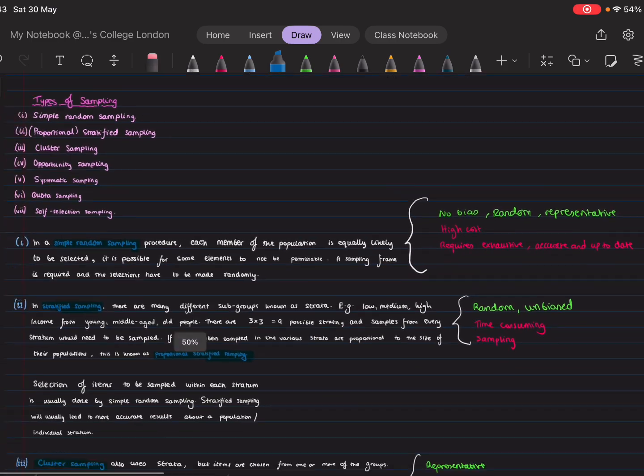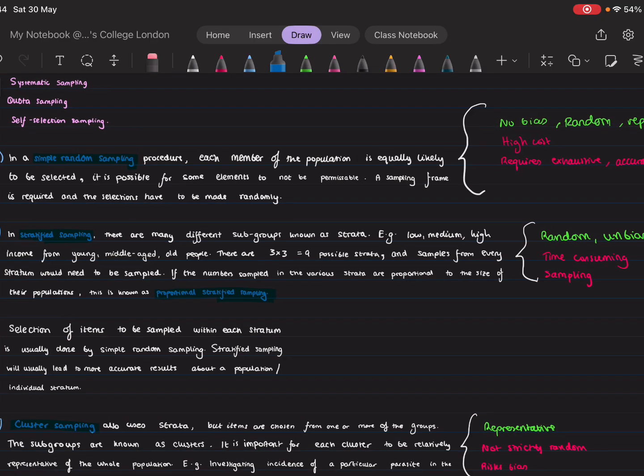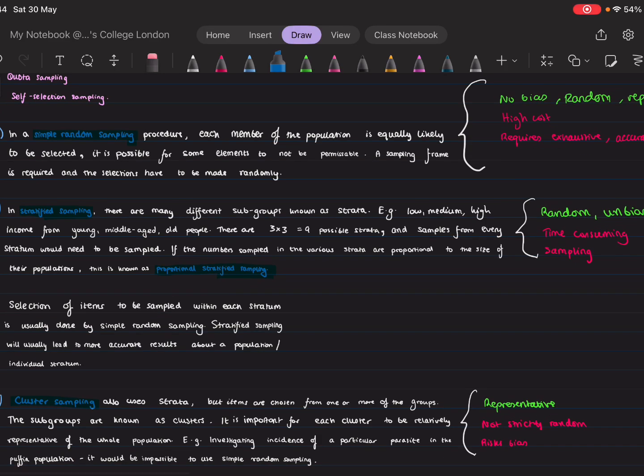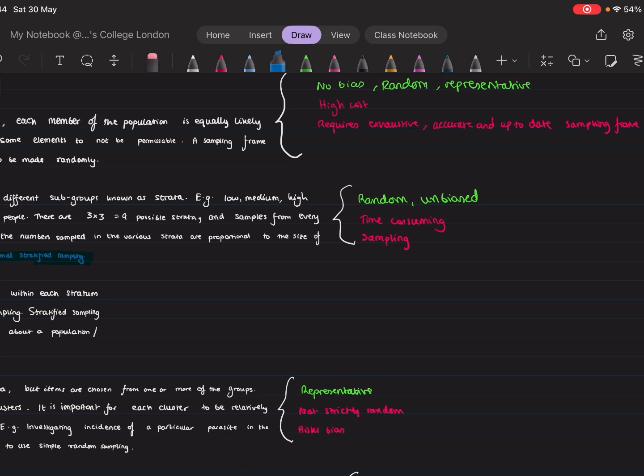In stratified sampling, there are many different subgroups known as strata. Samples must be taken from every stratum, and if the numbers sampled in the various strata are proportional to the size of their populations, this is known as proportional stratified sampling. The selection of items to be sampled within each stratum is usually done by simple random sampling. Stratified sampling will usually lead to more accurate results about a population or individual stratum. The advantage of this is that it's random and unbiased. The disadvantage is that it is time consuming and